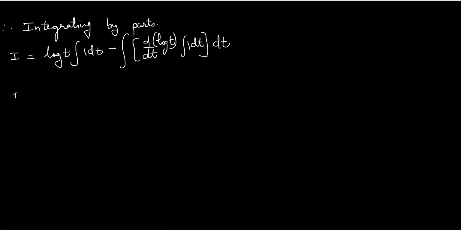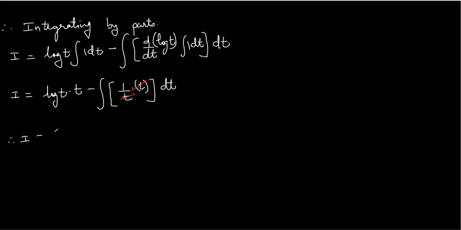So here I have I equals to log t integral 1 is t minus, d by dt of log t is 1 upon t, and then again t dt. Log, d by dt of log t is 1 upon t, and integral 1 dt is t. So now this t and t cancel. Next step, I write t log t first, and then integral 1 dt. So I get I equals to t log t minus integral 1 is t plus